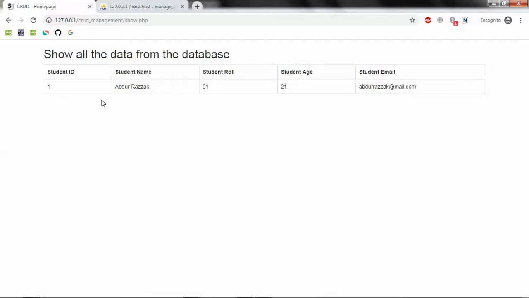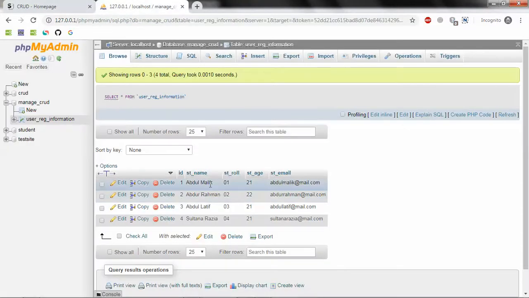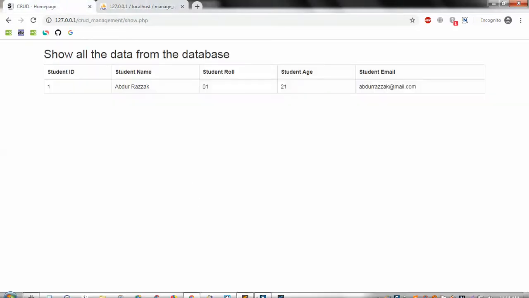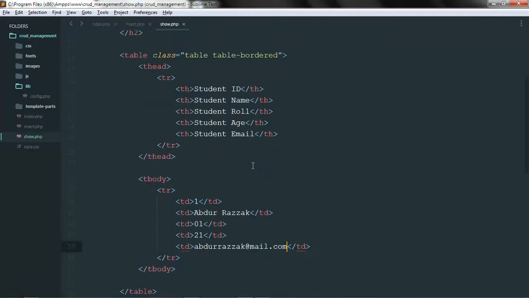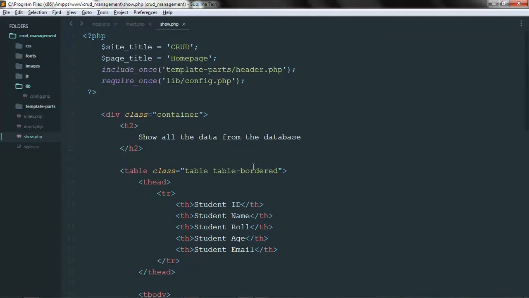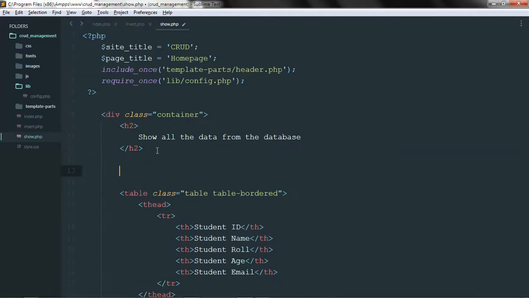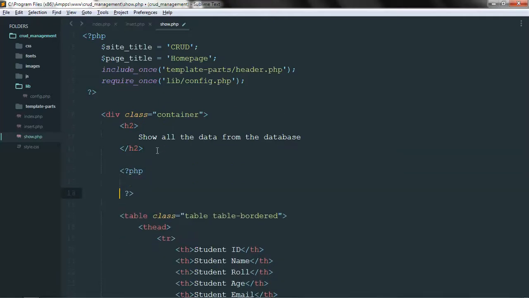I got it. But this is static data. It's not coming from our database. Our first ID is basically Abdul Malik. So our main challenge is how we bring those back. Pretty simple, as I said. Let me open one PHP block over here